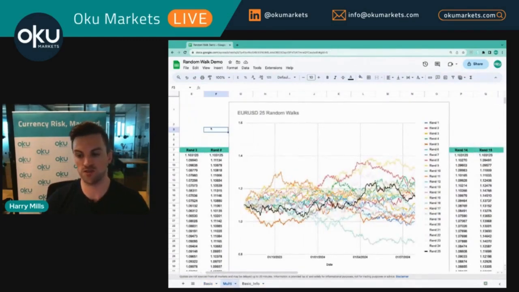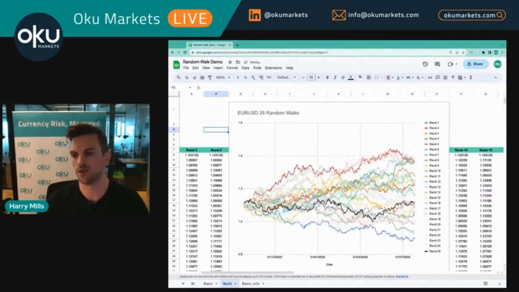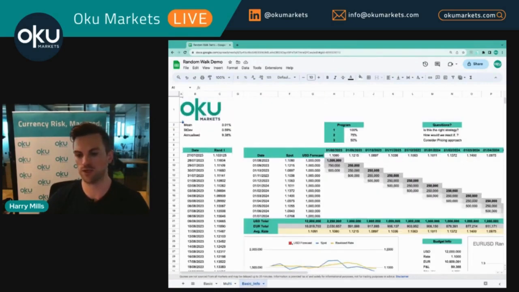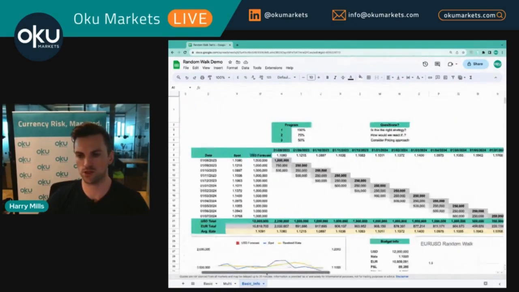So here's 25 random walks, and we can have Excel or Google Sheets do this for any number really. I mean, it probably wouldn't like doing more than 100 or so, I wouldn't have thought. But to answer the question, what's the point? Well, let's say we've got some US dollars to buy. So we're a euro dollar business, and we have a monthly requirement of $1 million to purchase,